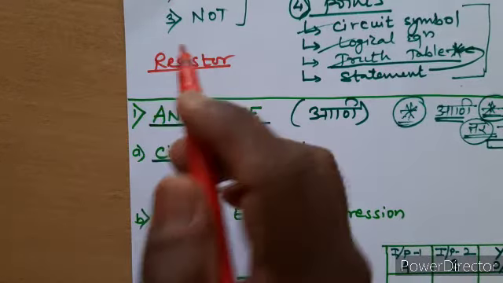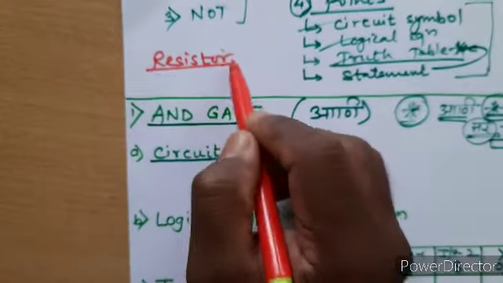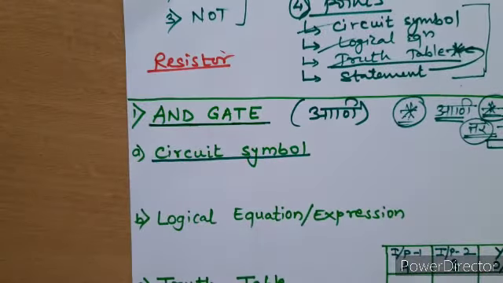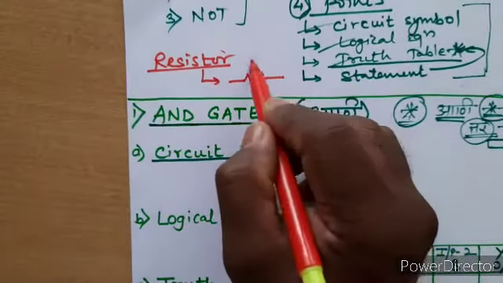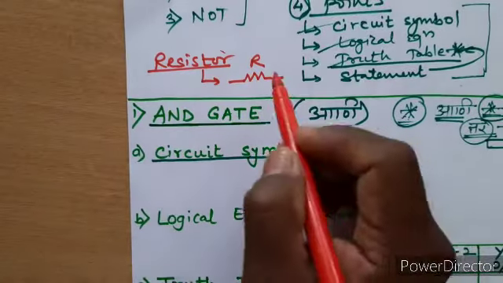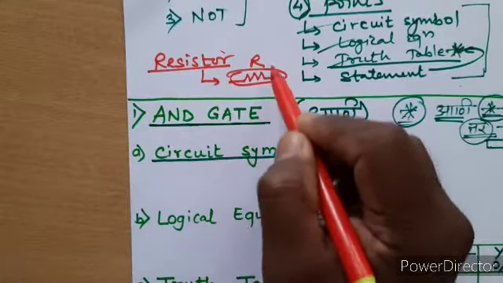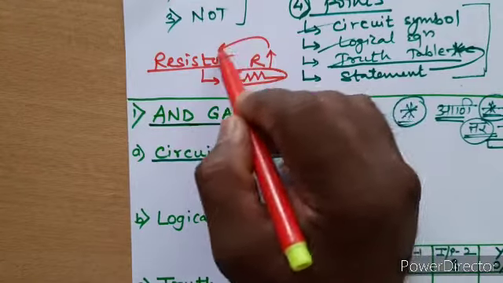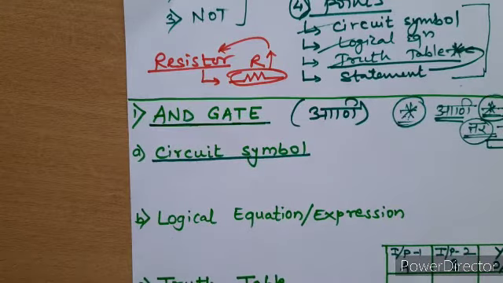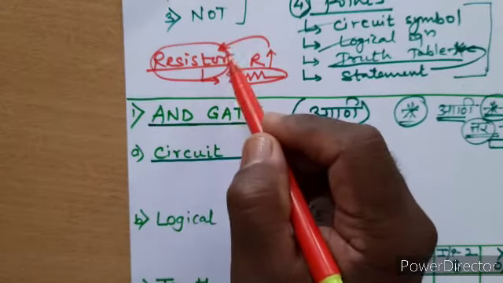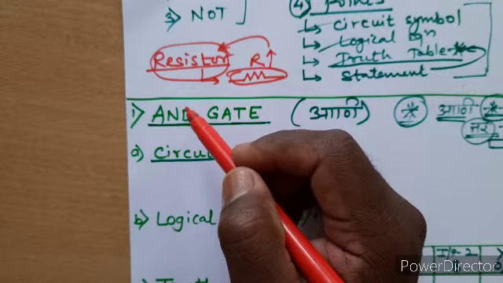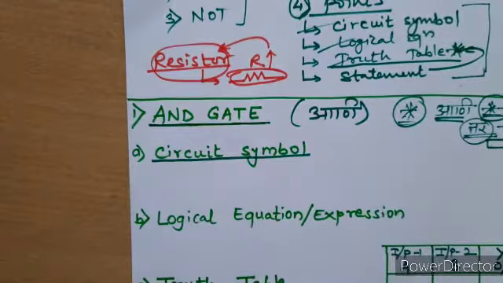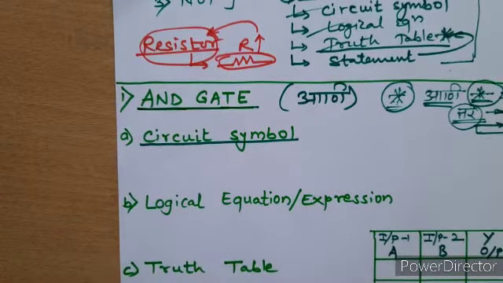अब मुझे बोलो कि आपने ये सर्किट में ये रजिस्टर वर्ड यूज़ किया था या उसका सिंबल यूज़ किया था? उसका सिंबल कैसा है? इट्स अ जिगजैग लाइन. सो दिस मीन्स रजिस्टर. अगर किसी सर्किट में आपको ऐसा कुछ दिखता है तो आप उसको आइडेंटिफाई करते हैं कि वो रजिस्टर है. दैट इज़ अ रजिस्टर, राइट. So you cannot put this word in the circuit. You need to have a circuit symbol for this component.